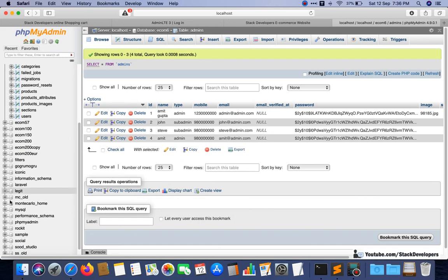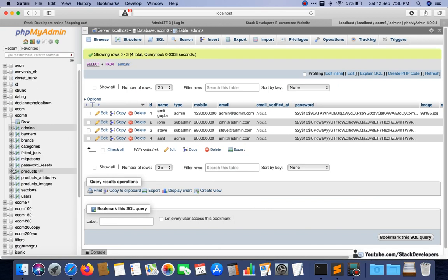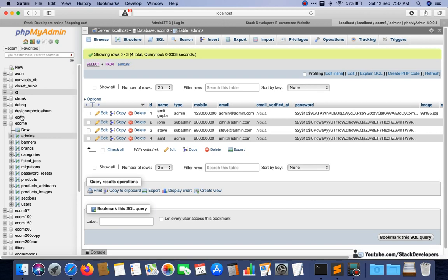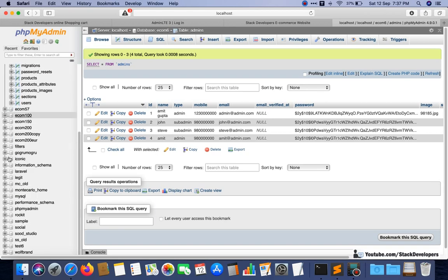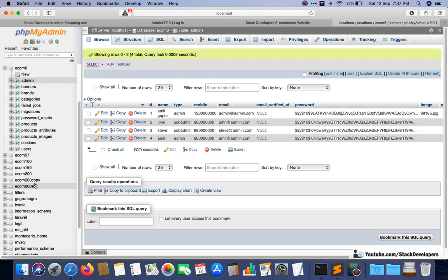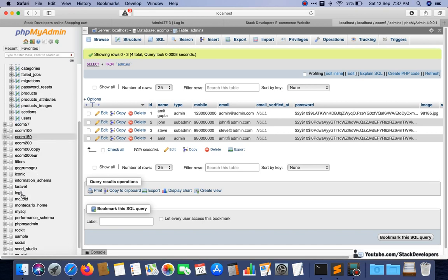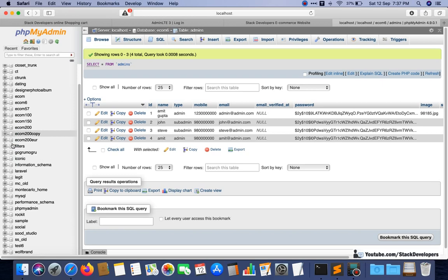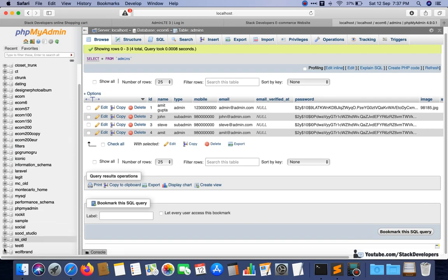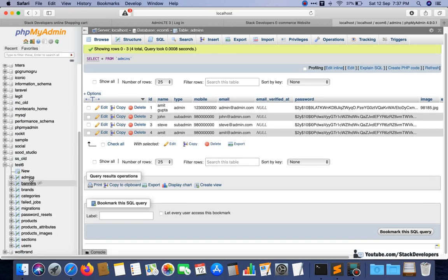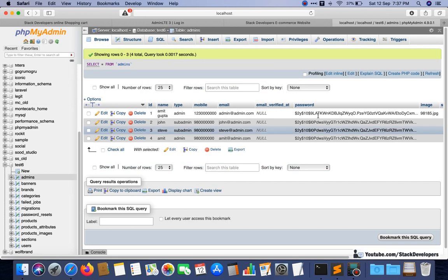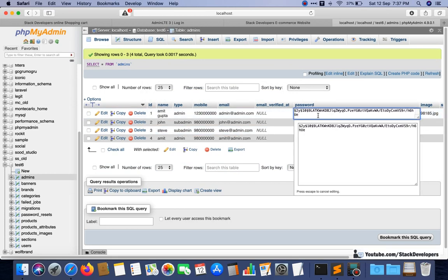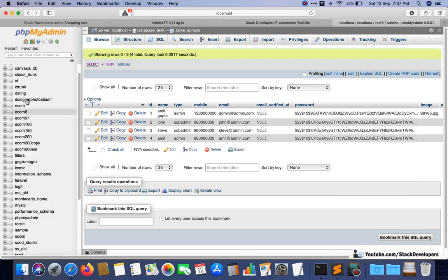I will copy the password from some other project, 123456 password. That is, I can copy from text 6 RST admin. So we can also copy the password like 123456 password from any other project.